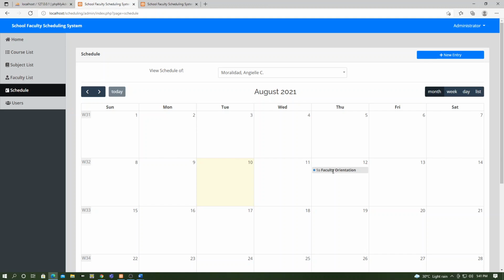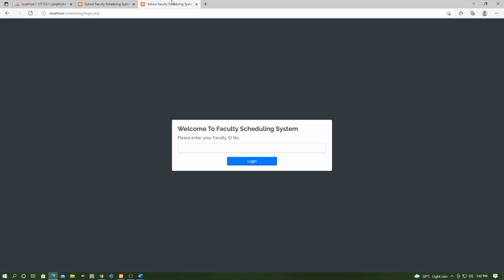Okay, we go to the faculty side or employee side. Just type in the web browser the link localhost/scheduling/login.php to redirect to the login page of the faculty.